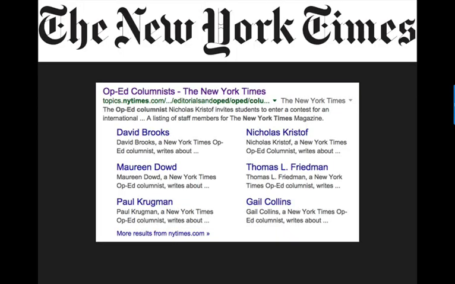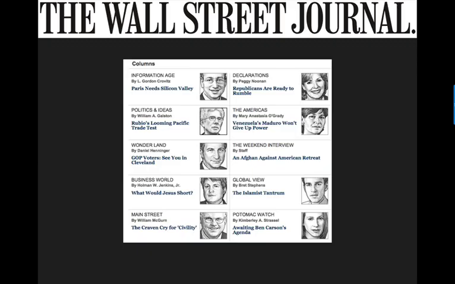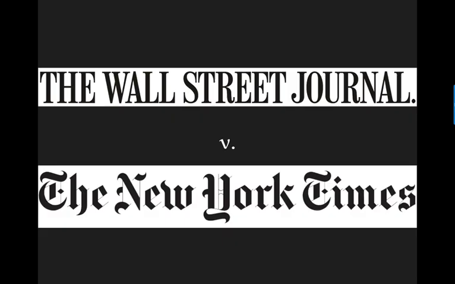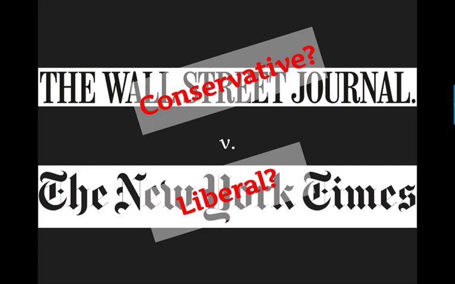There is usually a fairly set schedule. It's not necessarily permanent. People can guest post to the op-ed section of a newspaper. This is a schedule for the Times. This is a schedule for the Wall Street Journal. But like I said, guest writers can send in their columns. There are many distinctions between the Wall Street Journal and the New York Times. I'm only going to highlight this one because it comes up a lot in our learning community at New Canaan.